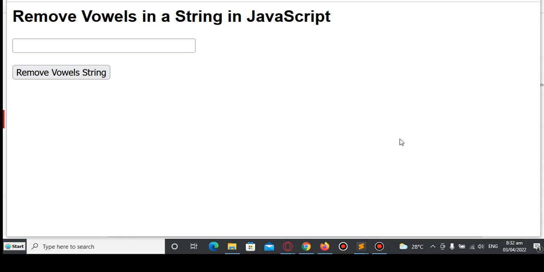And then in this tutorial video guys, we will create a program that will ask the user to give a string or a sentence, and then our program will remove the vowels in a given string or in a sentence